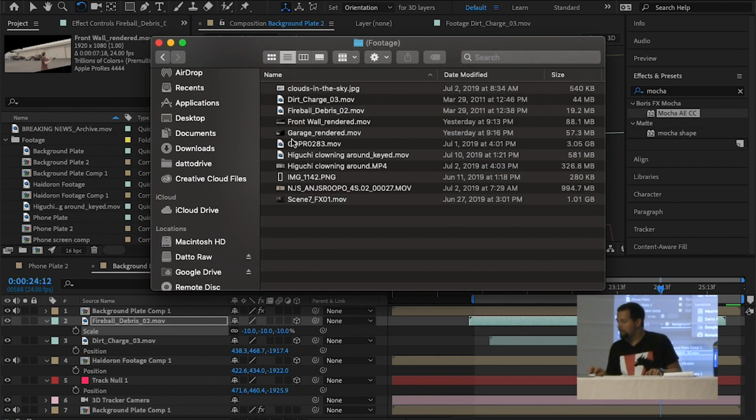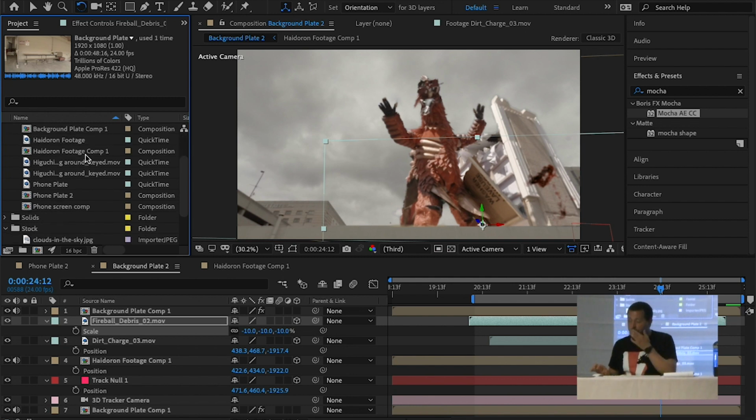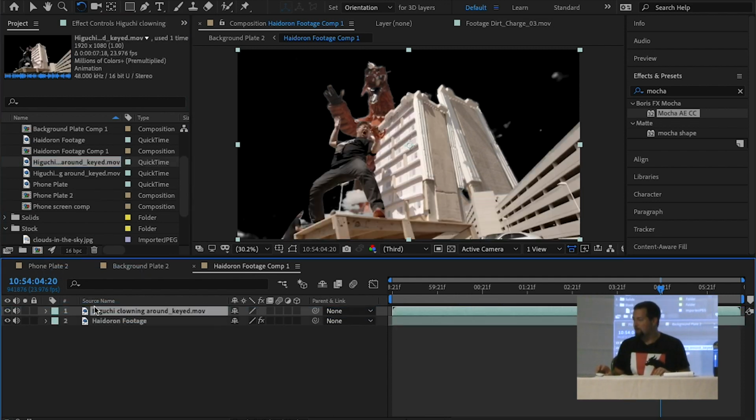I have one more fun little thing that I had here. One of my absolute heroes was Mr. Shinji Higuchi, the special effects director for the Gamera trilogy and Shin Godzilla, and he happened to be around when we were filming this particular scene with Hydron, and I had a chance to meet him, and he was very kind to be present while we were filming this. And they say Pixar, it didn't happen. Well, there's Higuchi